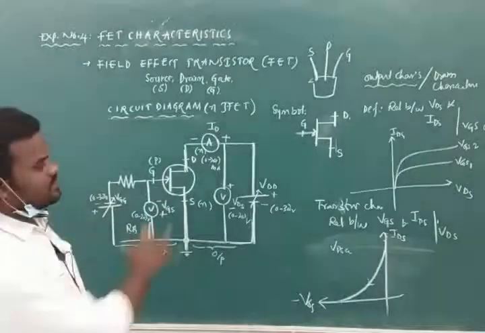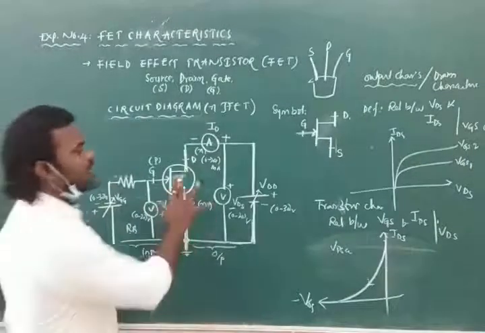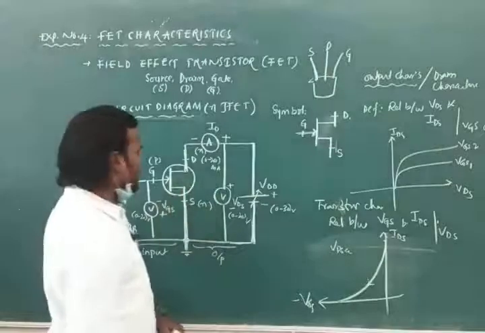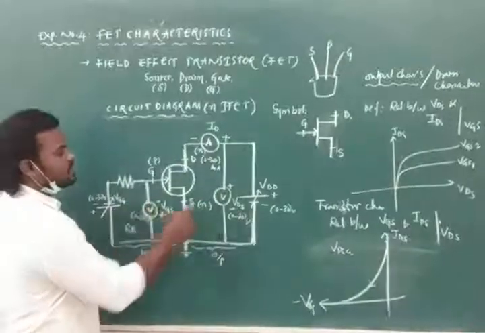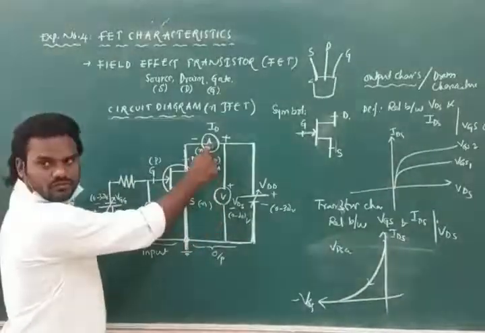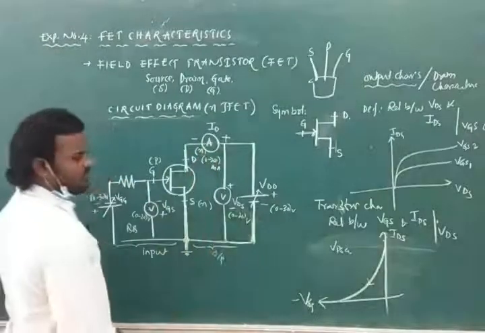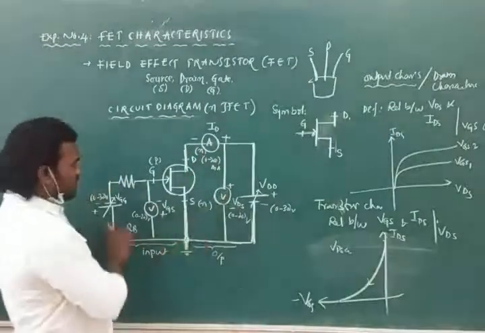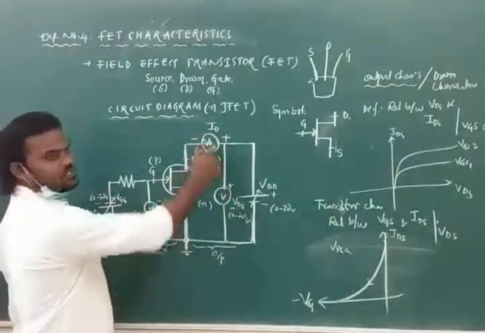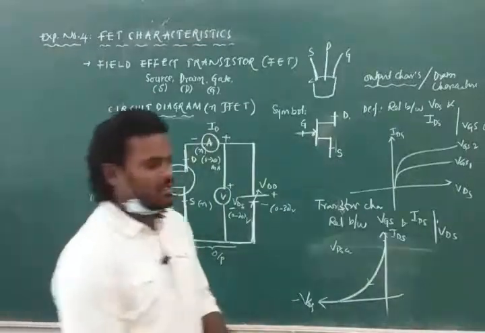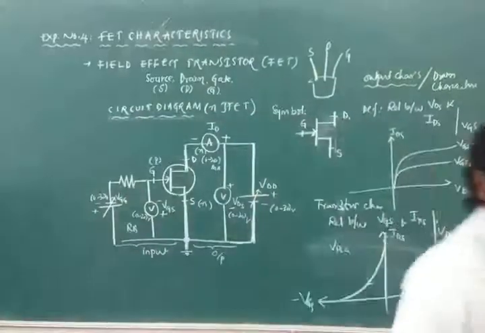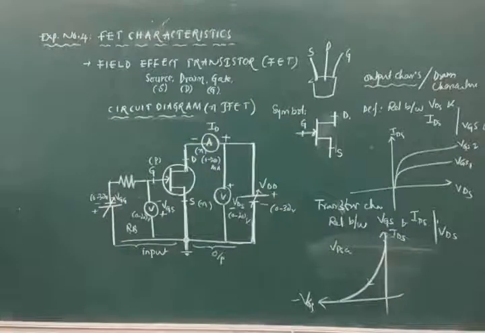Right? These three things we have. First we have to connect the circuit. After that, by keeping VGS constant, we have to get the readings of these two. Then after that, what do we have to do? By keeping VDS constant, we should get the readings of these two. Right? With this, the 4th experiment is also complete. I am going to explain on the breadboard then.